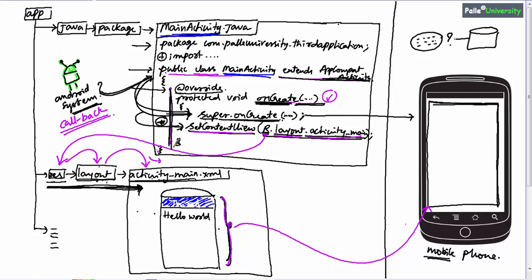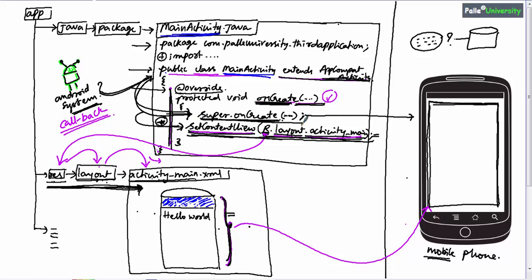Now as an assignment, try to remove this line and execute the program and tell me what will happen. Obviously, the main purpose of the setContentView method is to load your screen design onto the phone. If you remove this line, automatically this screen design will not be displayed on the phone. So when you run this application without this line, it will show only an empty window. Now try to remove this line and execute the program.